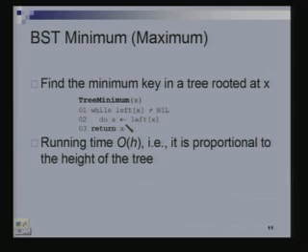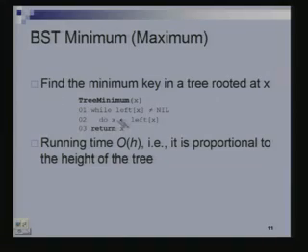So how much time do you take again in this? Is this clear, or are you reading it from here? Yeah. So why? Because the same argument. With every run of this while loop, we are going down one step. So we can go down at most the height of the tree, and so that's the maximum time we'll take. So the same procedure can be used with small modification to compute the maximum, right? We just have to replace the left by right, and then we'll compute the maximum.